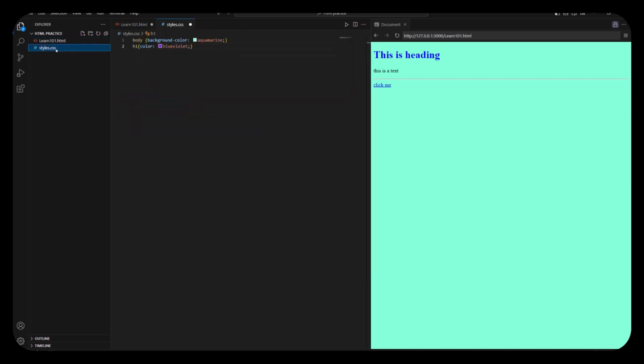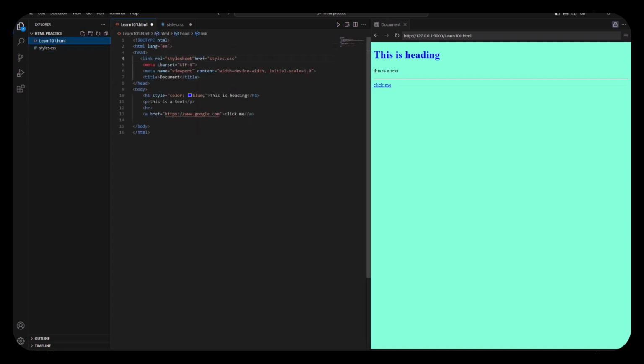So let's change something else. I write that the h1 color will be ultra blue, but it does not have an effect because inline CSS has priority over external CSS. So I have to remove it from here. So just remove it. Now can you see? Now you can see the h1 heading turned into